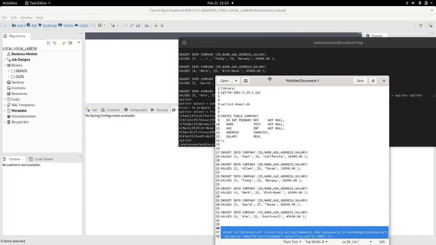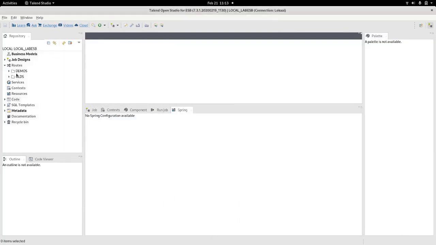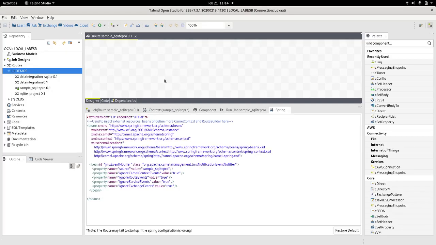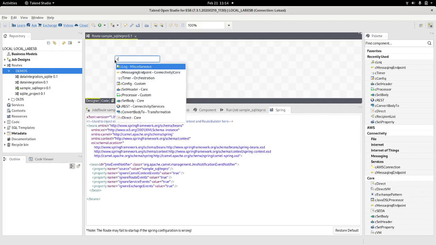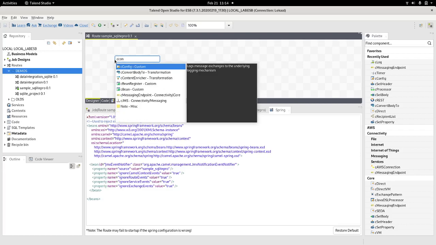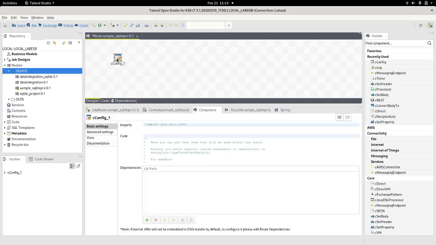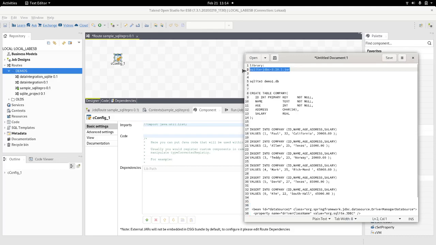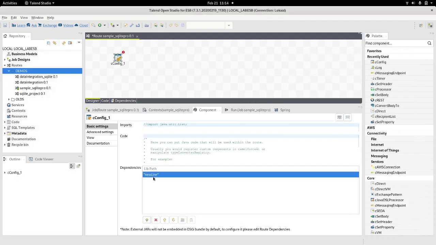First, let me just start by creating the route, right? So I will create a route. I will call this sample SQLite Pro. First thing that we're going to do here is use the component cConfig. Click enter, double click on this component, and as I told you before, we're going to use the library for SQLite called SQLite JDBC. I have the version 3.20.1, so I will copy the exact version